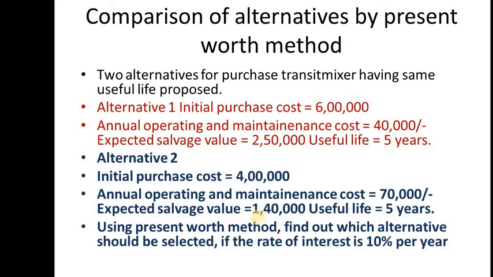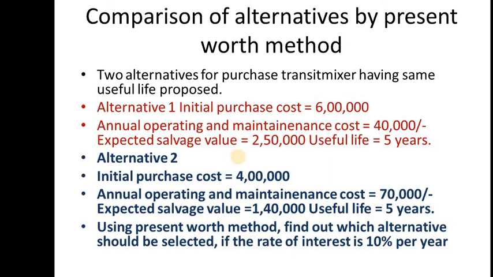Okay. So now what we have to do is choose which formula to use. For example, initial purchase cost, present worth. I have to calculate the present worth. Initial purchase cost is 6 lakhs. So will any changes come? No changes. Initial purchase cost is 6 lakhs, which means the present worth for the initial purchase cost is also 6 lakhs only. So it has to be minus 6 lakhs.